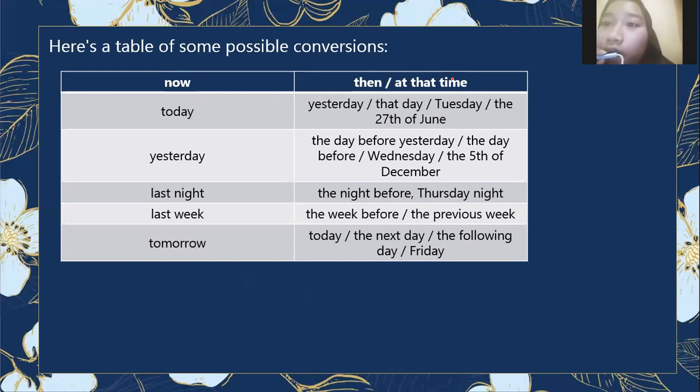Yesterday becomes the day before yesterday, or the day before, or Wednesday, or the 5th of December. Last night becomes the night before, or Tuesday night. Last week becomes the week before. Tomorrow becomes the next day or the following day.